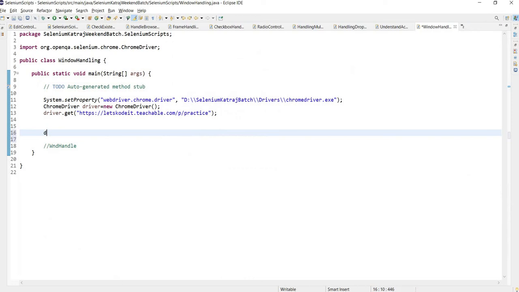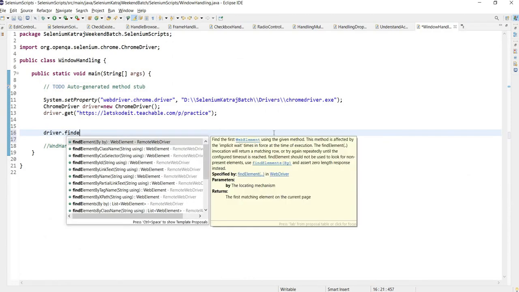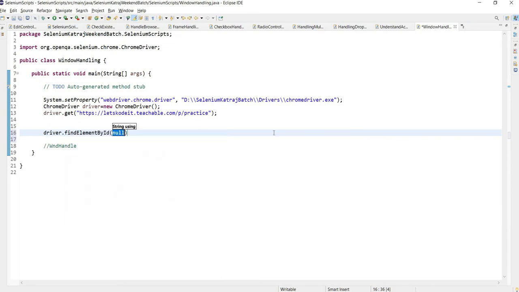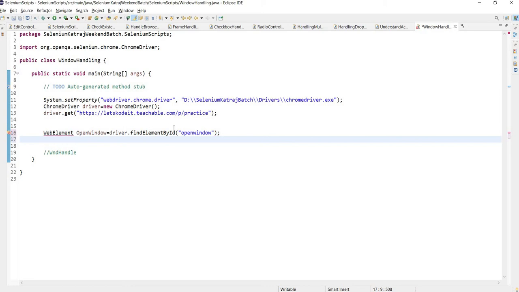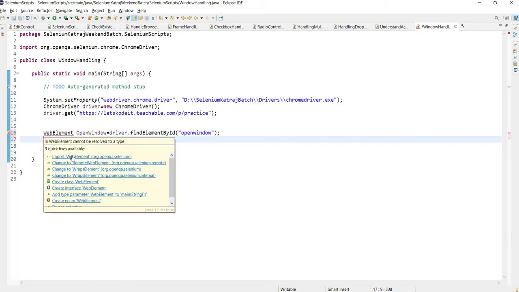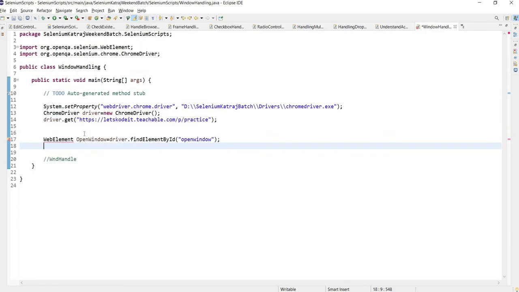So I will say driver dot find element by ID, and I will say web element open window. Right, so what I am doing is I am asking my driver to find the element.